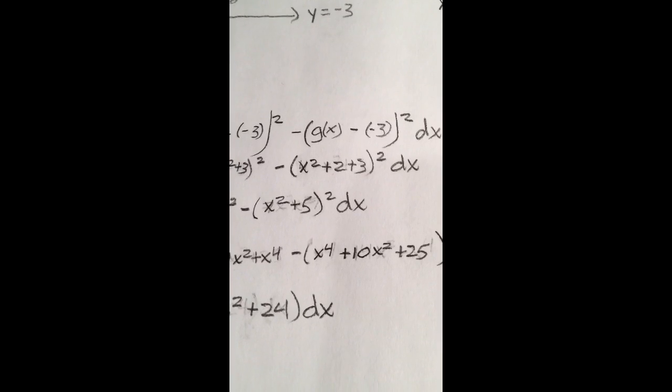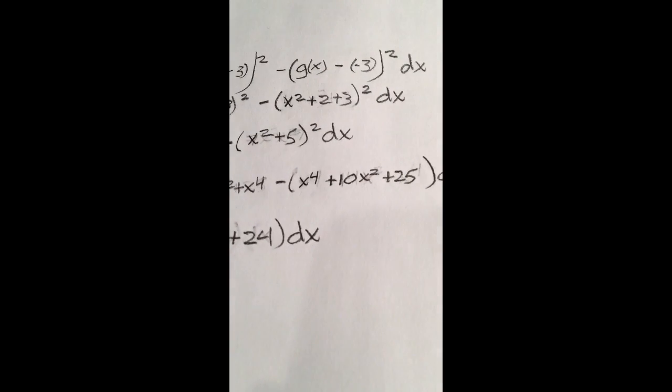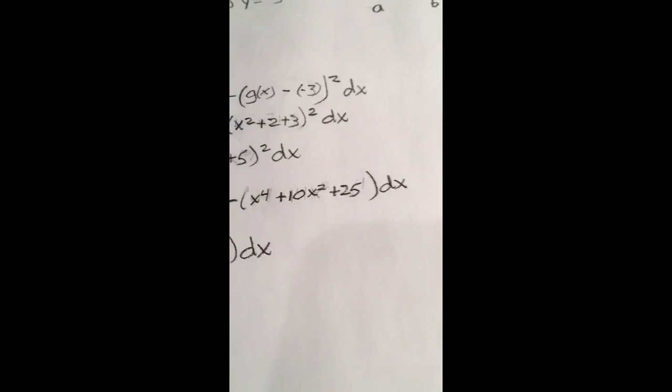And for questions like these, a lot of simplifying is needed before you can integrate. So what we did, this is what we started with. So just replace f of x and g of x. So we had 4 minus x squared plus 3, because it's minus -3, you can just write plus 3, and x squared plus 2 plus 3 squared. So combine those constants and you get 7 minus x squared and the quantity of x squared plus 5 squared. And then you have to multiply them out, and you get 49 minus 14x squared plus x to the fourth minus the quantity of x to the fourth plus 10x squared plus 25, and you could finally write it all in one term as,